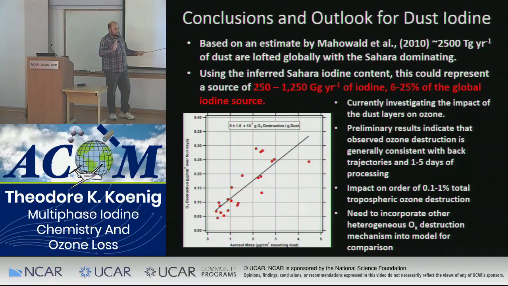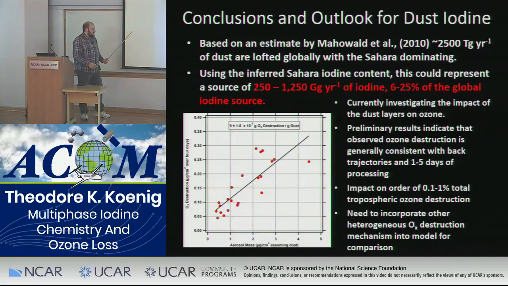So it suggests that, if we were able to intercept these off the coast through specific targeting, we might find more ozone depletion. That would, if I integrate that through this global budget again, this is a huge amount of extrapolation, I get ozone destruction effects on the order of about 0.1 to 1% total tropospheric ozone destruction. Again, this last part here is definitely a work in progress. We need to incorporate other heterogeneous Ox destruction mechanisms to check whether those might be contributing to or competitive with this iodine-based chemistry, which is quite fast but might not be the whole story.